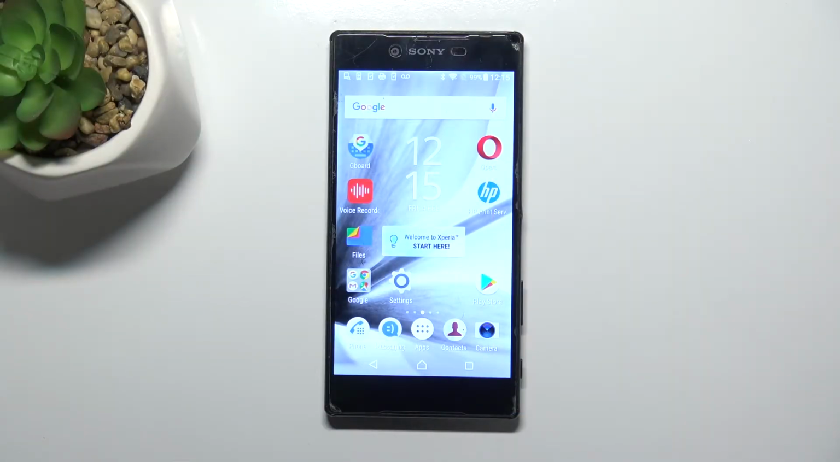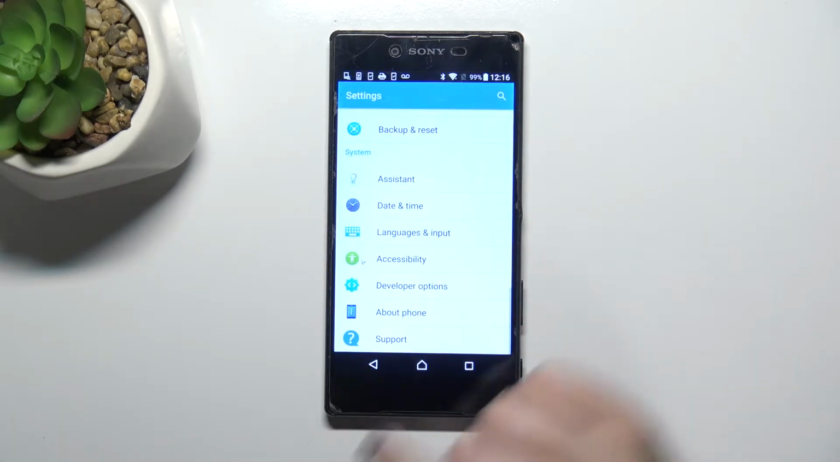Hi everyone, in front of me I've got a SONY Xperia Z5 Premium, and let me share with you how to enable the demo mode on this device. So first of all, we have to enter the settings, and now let's scroll down to the very bottom and